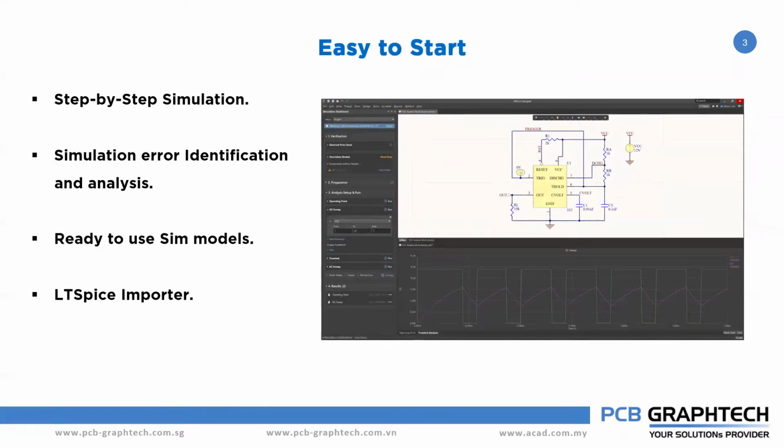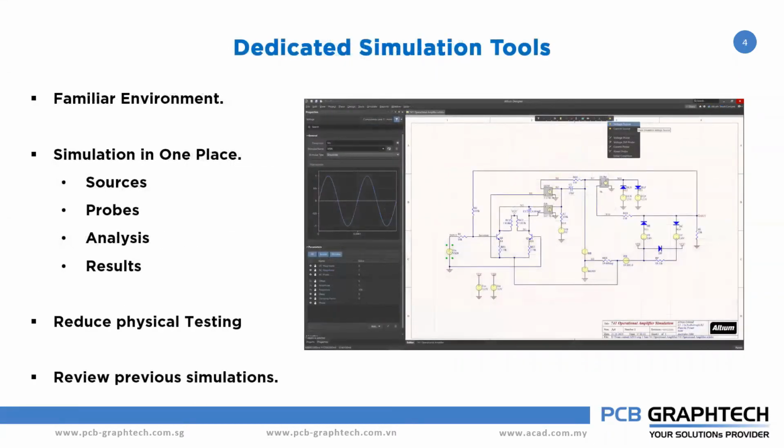Next, the simulation dashboard is very comfortable to work with. Why? Because we can add a voltage source or a current source in your model circuit. You can also add probes, current probes or voltage probes, in the design so that you can verify the data directly through the probe. The probe is to analyze your simulation data or the net name, and you can give a trace color for the probes, which gives you the results every time. Now you can analyze and see the results based on the probe color itself.